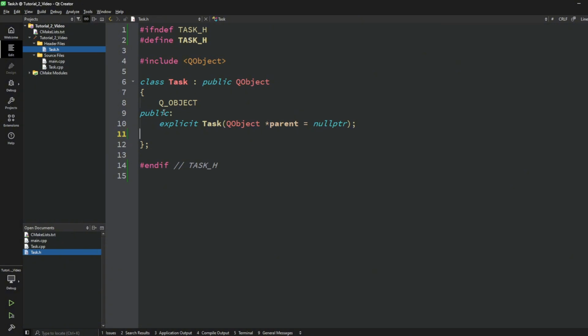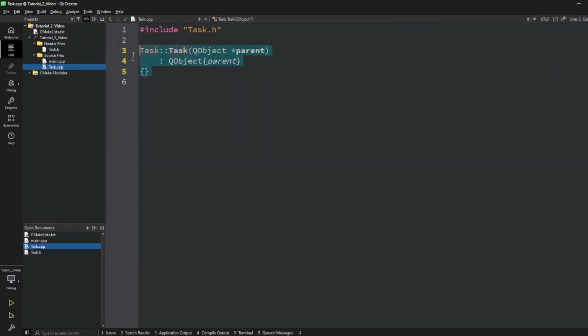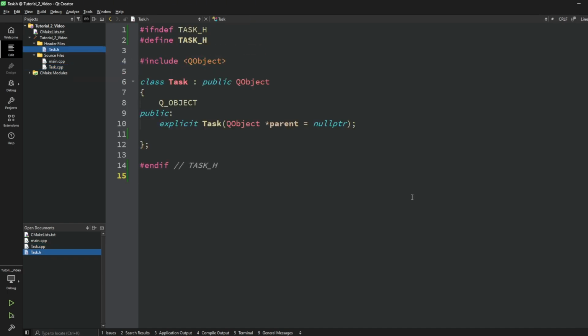After the macro, you see the constructor with an optional parameter called parent, optional because it has a default value. I previously mentioned that objects organize themselves in object trees, and this is actually it. We have parent, and if you go to the source file, you see it just passes it to the QObject constructor. So okay, let's add a little bit of our code,